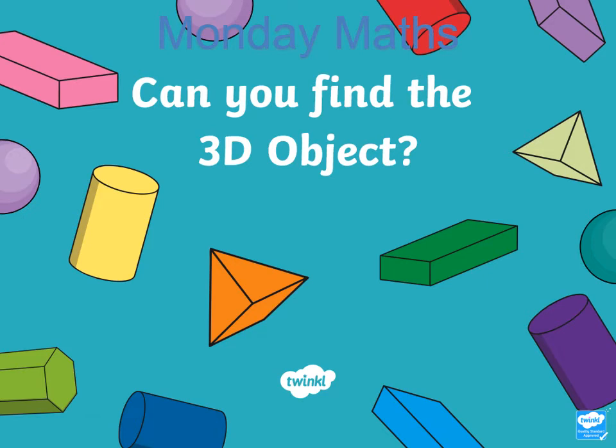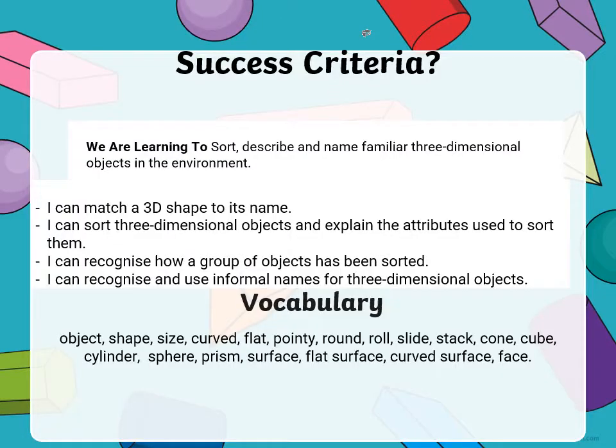Hello everyone, we're doing maths and it is Monday and we're working on 3D shapes. To be successful, we are learning to sort and describe and name familiar three-dimensional objects in the environment. We can match a 3D shape to its name. We can sort three-dimensional objects and explain the attributes used to sort them. We can recognize how a group of objects has been sorted, and we can recognize and use informal names for